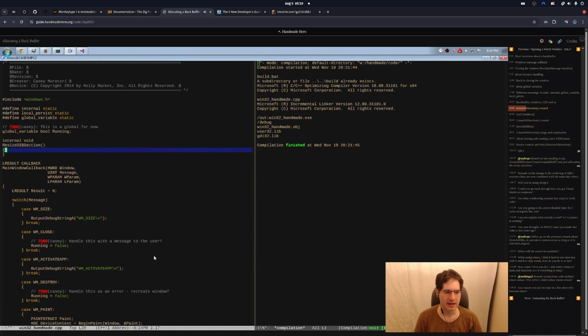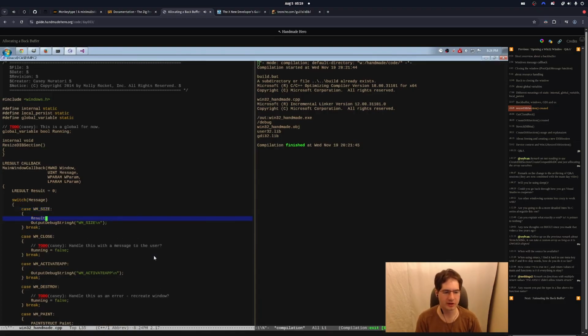We are going to have a function that basically resizes a div section or initializes it if it's never been created before. And basically what we will do is every time we get a WM size message which says that our Windows size has changed, we will basically call that. So we will basically force it to create an entirely new div section that is the correct